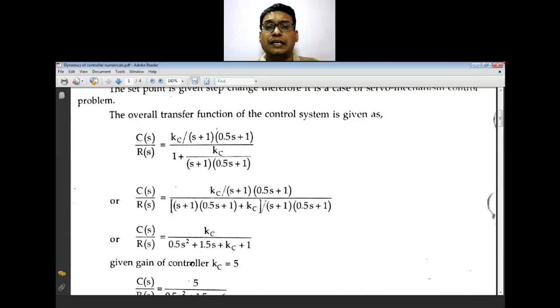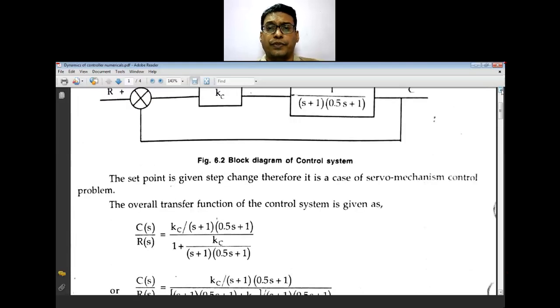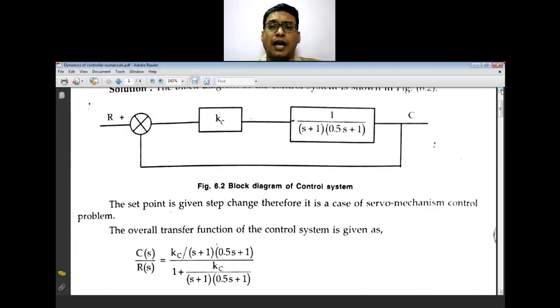So writing the overall transfer function for the given figure. C(s)/R(s): there is no load variable. Only the variation of C with respect to R can be studied in this numerical. Now C/R is equal to the product of all transfer functions over 1 plus